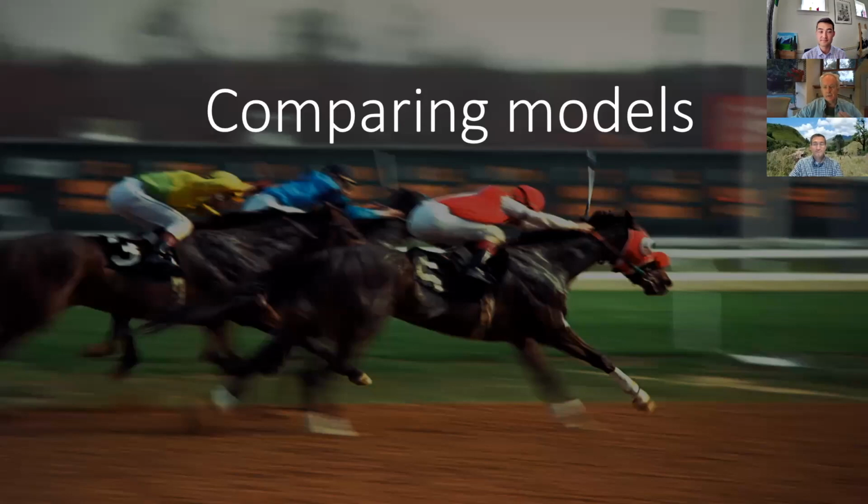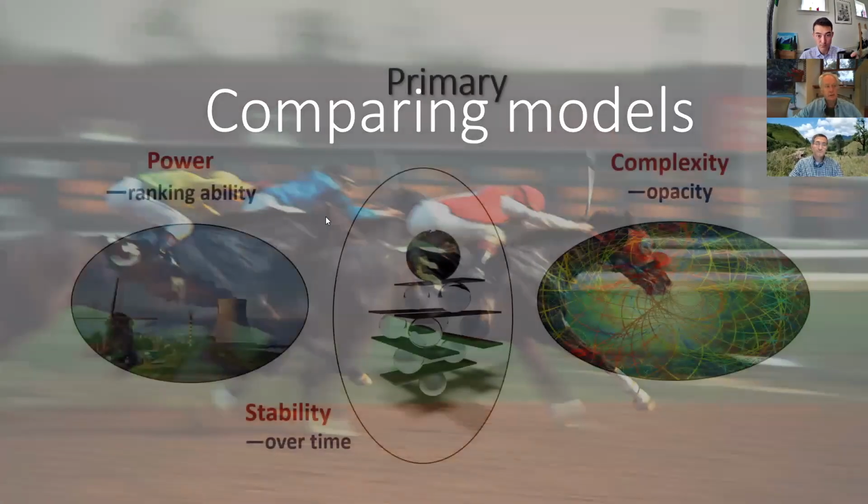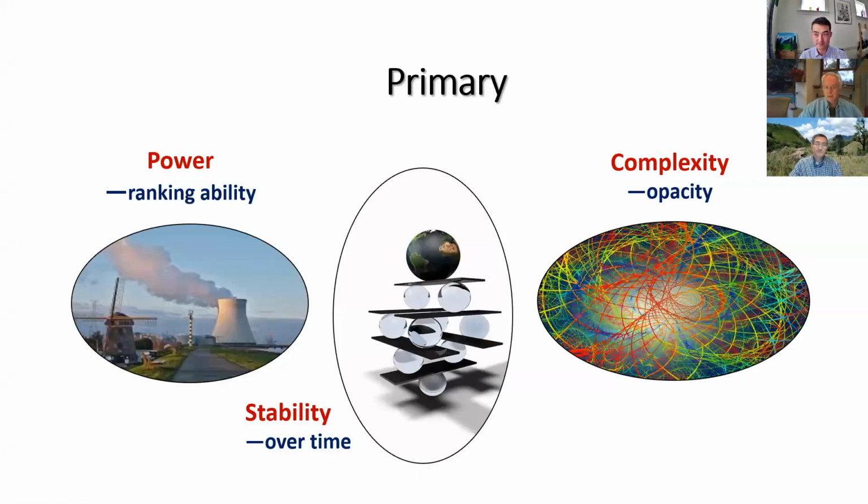So we want to compare models. There are a lot of different metrics that can be used to compare models, and there are a lot of different aspects that we might wish to consider. Unfortunately, in some instances, the metrics are not bedded down or not commonly accepted. But the main ones, as far as we are concerned, are the power, or the ability to put the cases into the correct order. This is for the binary models and credit scoring, at least.